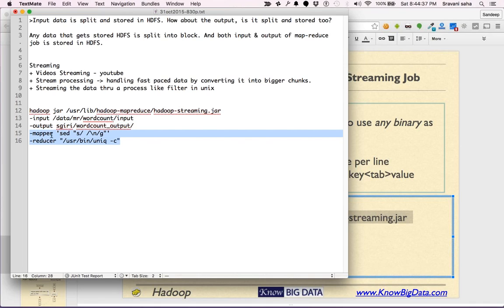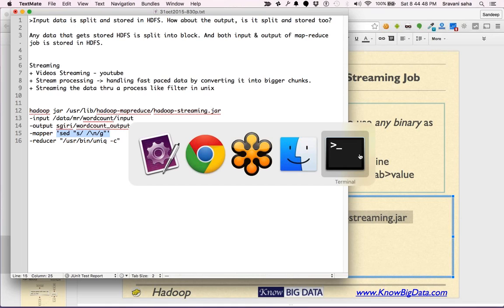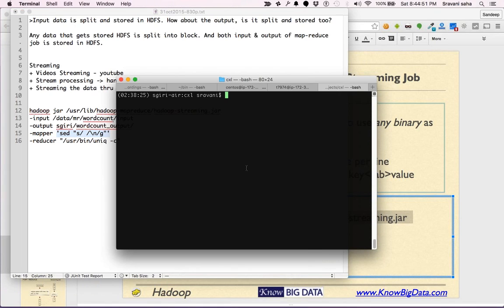Now this is the real work. This is my command which will act like a mapper. Now you would be wondering, where is the key and where is the value? Let's take out this particular command and understand what it does exactly.